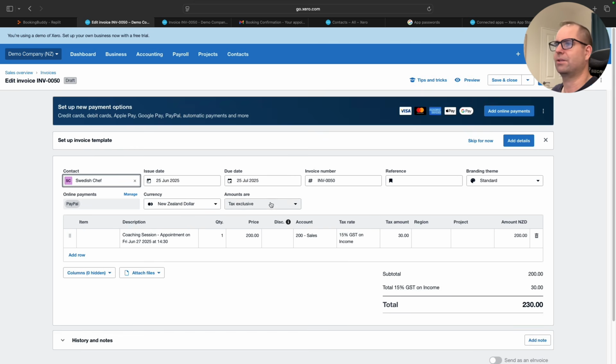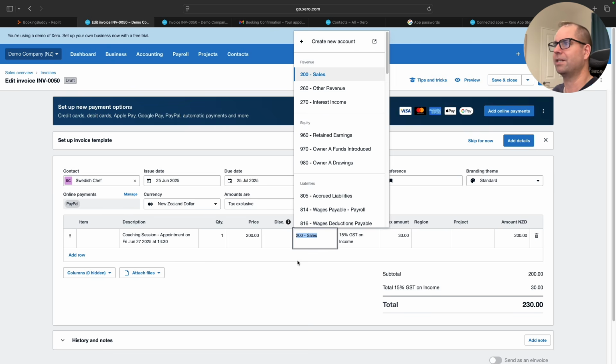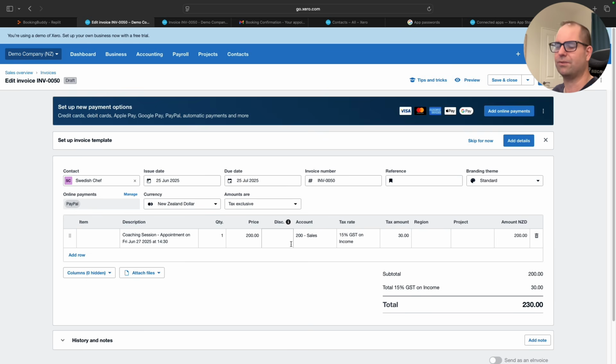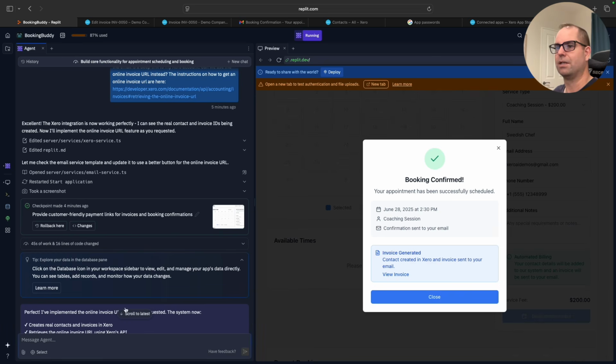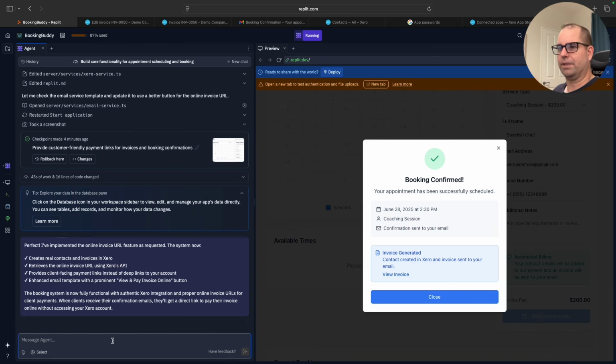Great. Cool. It's there. It's got everything. It's actually automatically chosen the 200 sales account. If you're using a different account for your sales, you might want to tell it that you want to send it to a different account. But for me, 200 is fine because I'm using the demo company, and the demo company uses the 200 account for sales. So I'm going to say